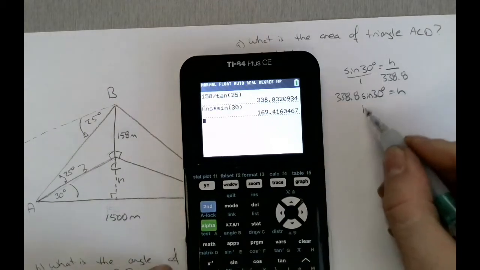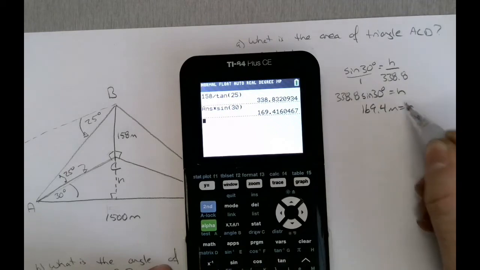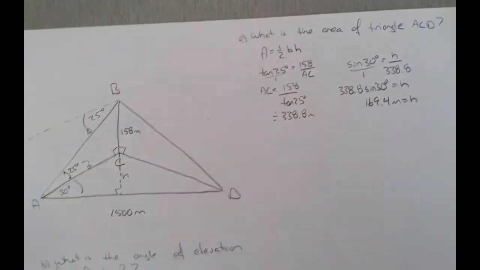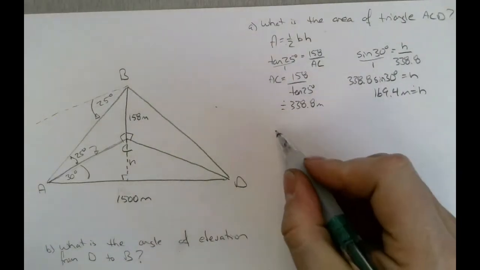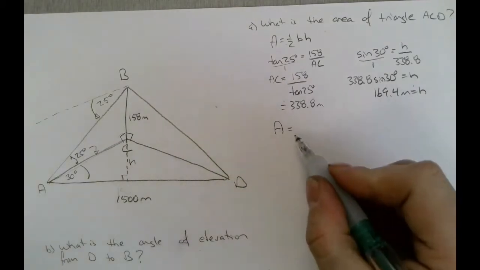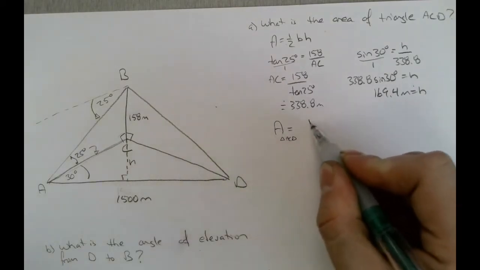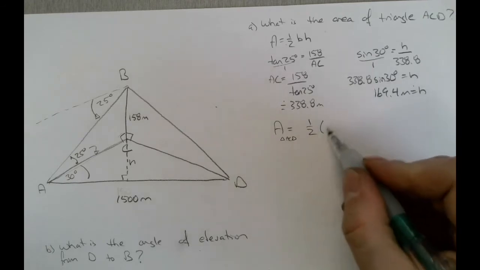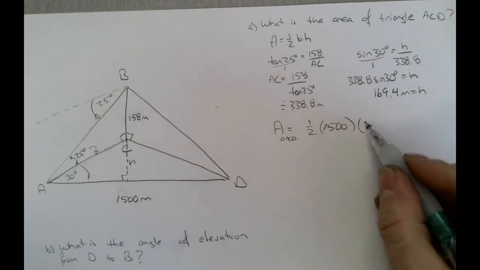And I'm going to get that the height is 169.4 meters, approximately. Okay? Now, that's what I needed. So now, the area of this triangle down here, triangle ACD, is going to equal 1/2 the base, which is 1,500 meters, multiplied by the height, which we just determined to be